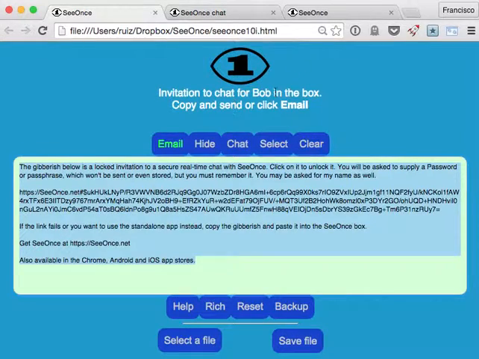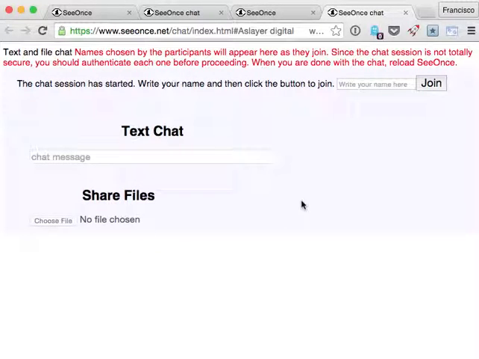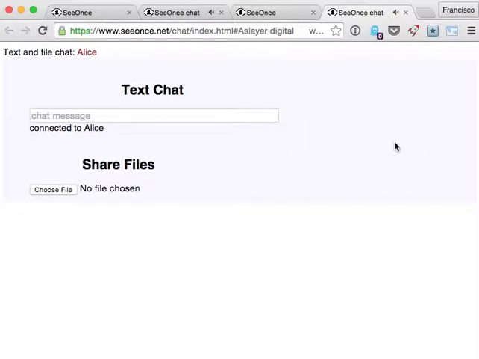So she sends it by email, Bob gets it, pastes it in, and immediately what happens is that he is going to recognize that there is a chat with a special password that he can join in a very anonymous place. So he can just say Bob and join. And now they're going to be connected directly between the two of them. So you can just say, hi Alice,